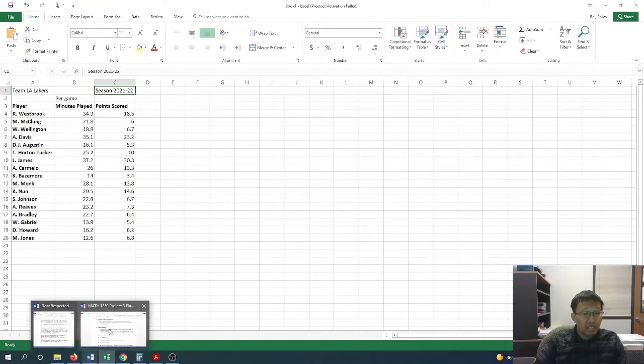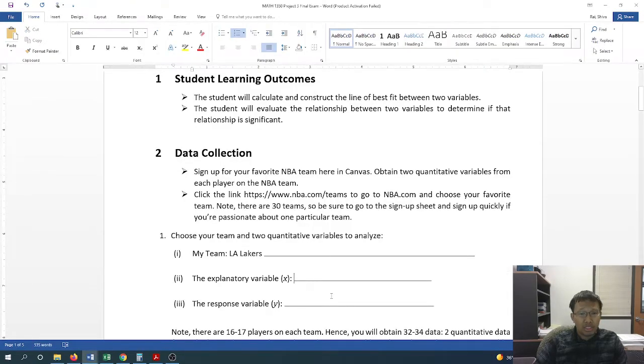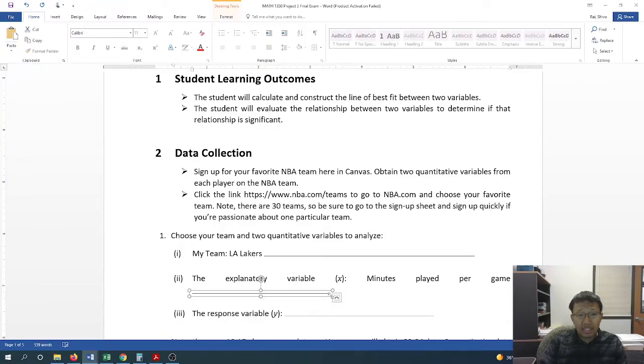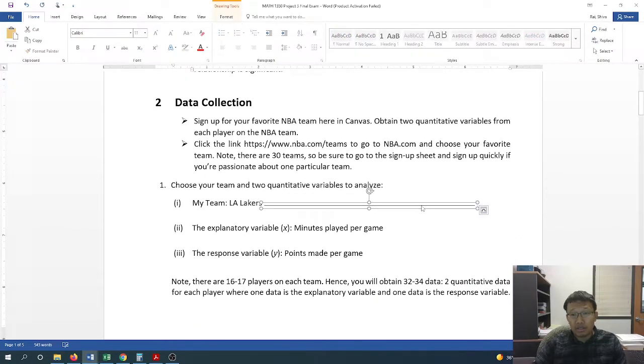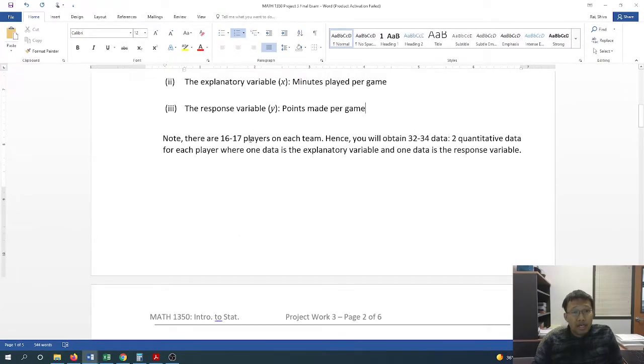As I was telling, the explanatory variable was minutes played per game. And I think you can throw this away, and points made per game. Okay. Is there any relation between them? Okay, so let me just throw this. Note that there are 16 to 17 players on each team, hence you'll obtain 32 to 34 data points